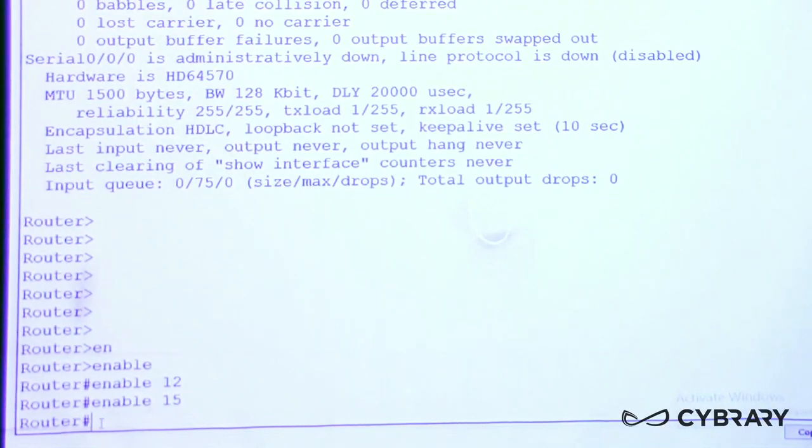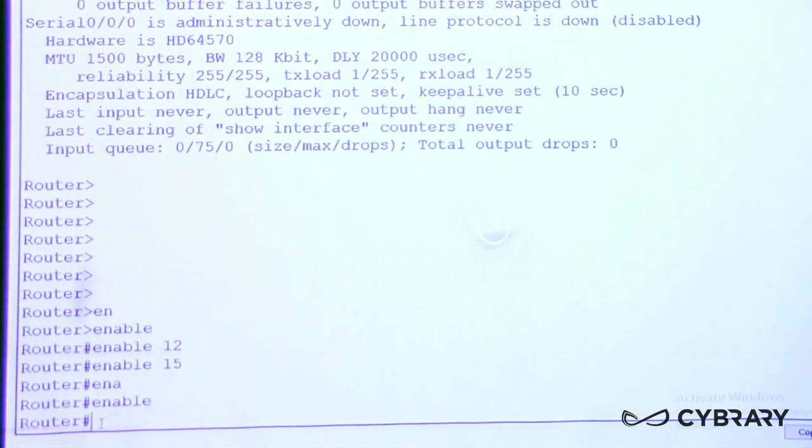But as far as we're concerned for this class, we're just going to type in enable, or en will work just fine, and hit enter, and that will take us to super user, which is enable 15. Now,